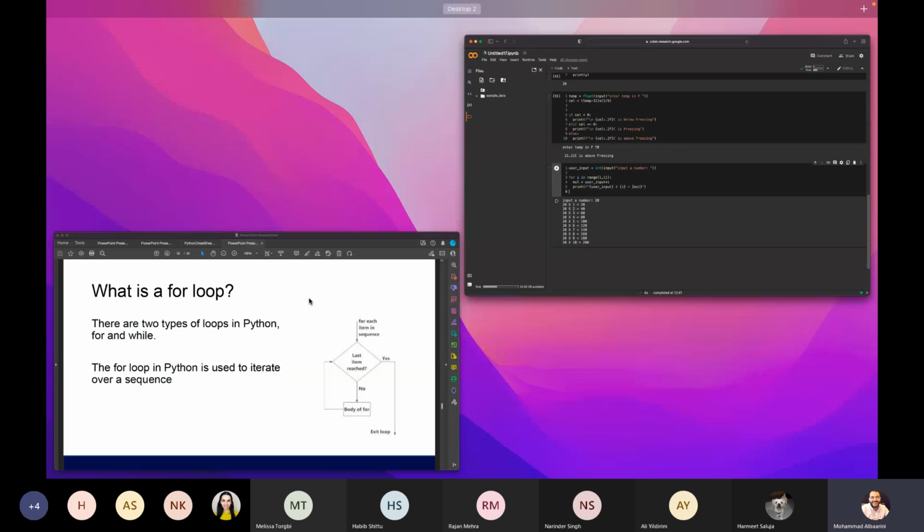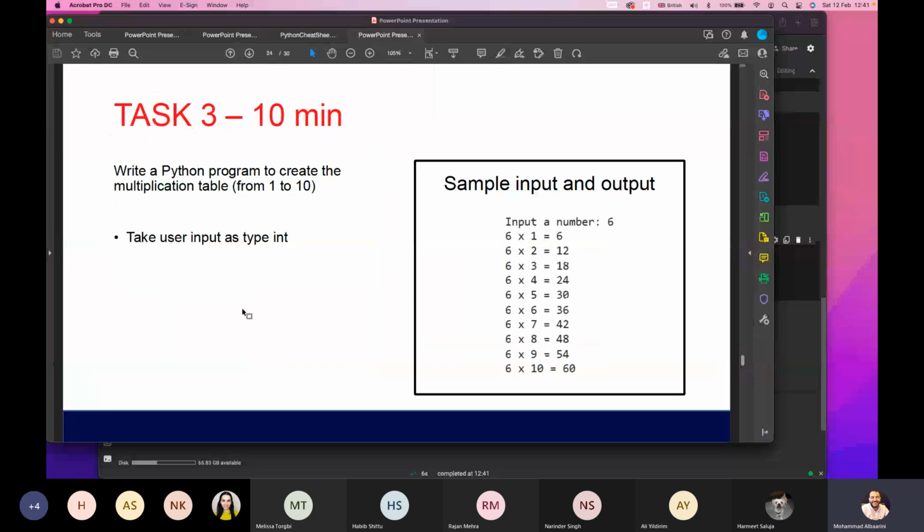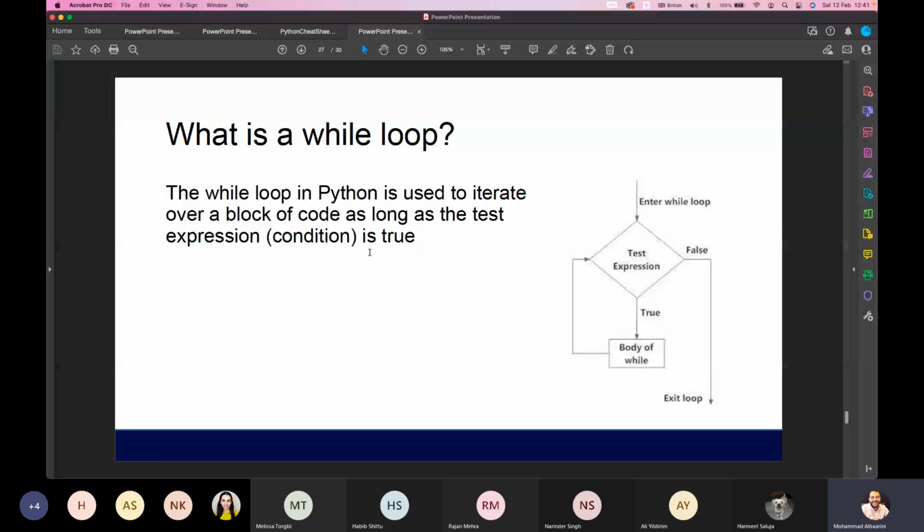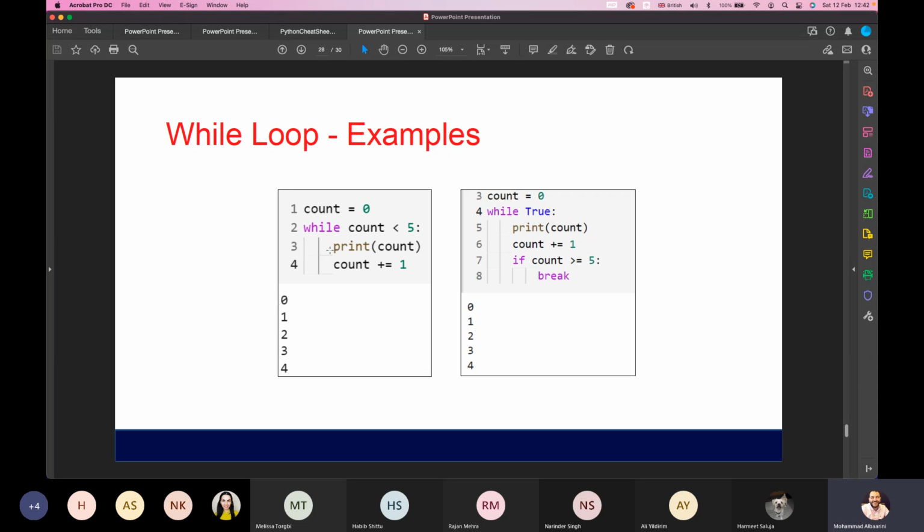All right, so now we have the other example of the loops, the while loop. The while loop in Python is used to iterate over a block of code as long as the test expression condition is true. What that means is, so if the